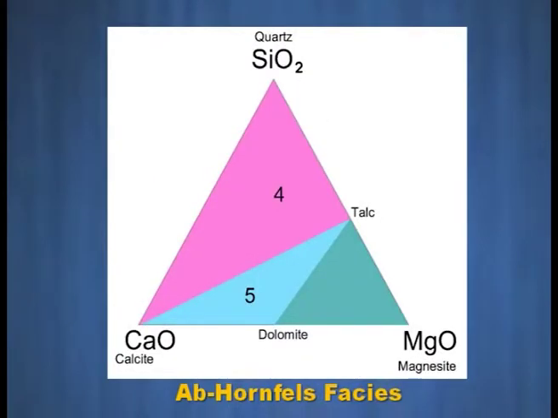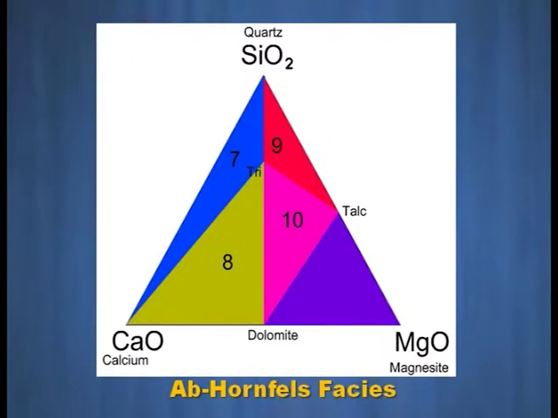Figure 3, the CaO, MgO and SiO2 diagram, mainly for the calcareous assemblages, where we can see the different phase assemblages in derivative of silicate, dolomitic, limestone composition to the left